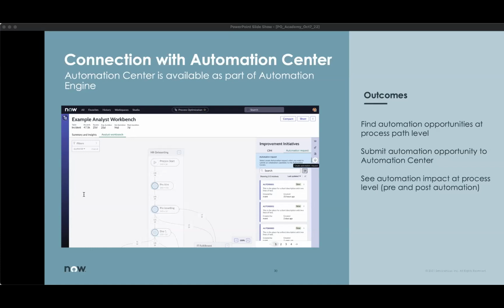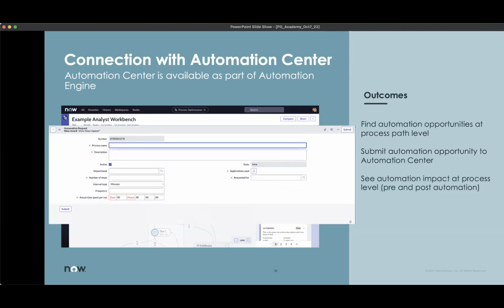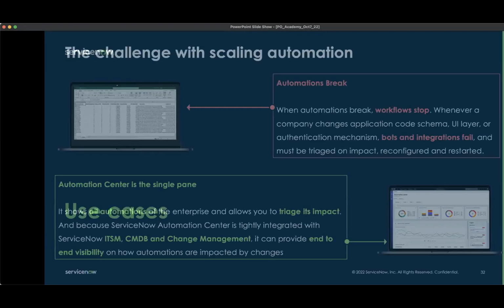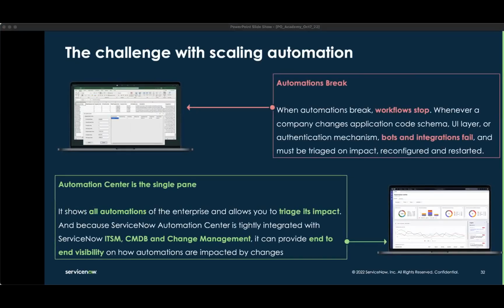Yeah. So once you click on the create automation request button, then you are provided with this form. And this is where you can add all the details. And all of these are stored on the Automation Center. Let's cover some use cases for Automation Center. So the primary use case here